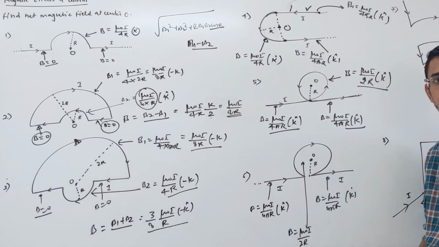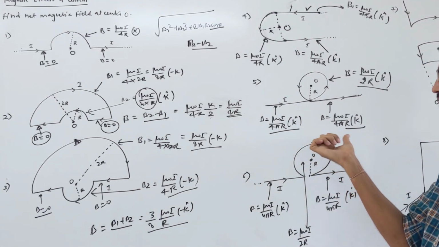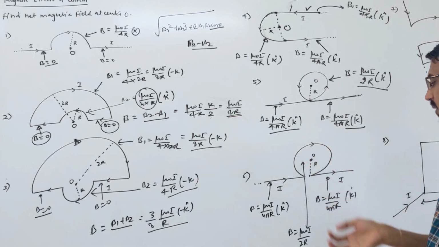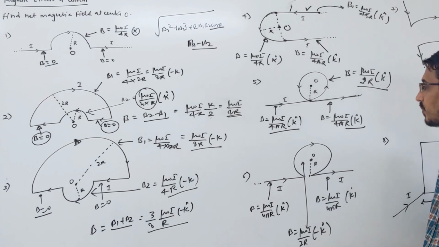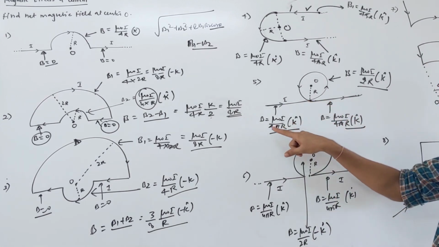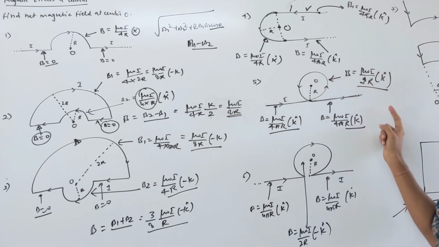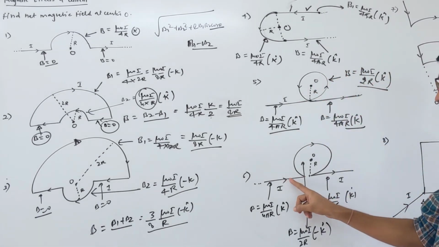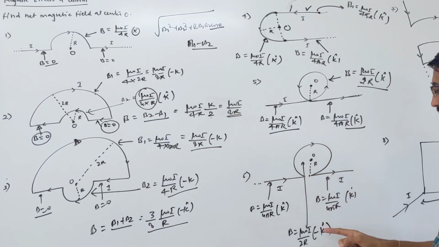But direction is what? Current is given like this way, so fingers are going inward, right? Thumb showing direction of current in the side, fingers are going inward. So this field is minus field, that's negative field. K is inward. So in this case, look here, due to these two straight wires the field is outward, but due to that loop it is inward. So you have to add these two, subtract this.